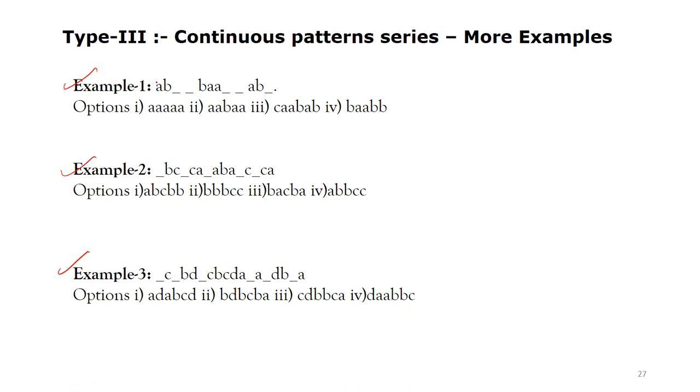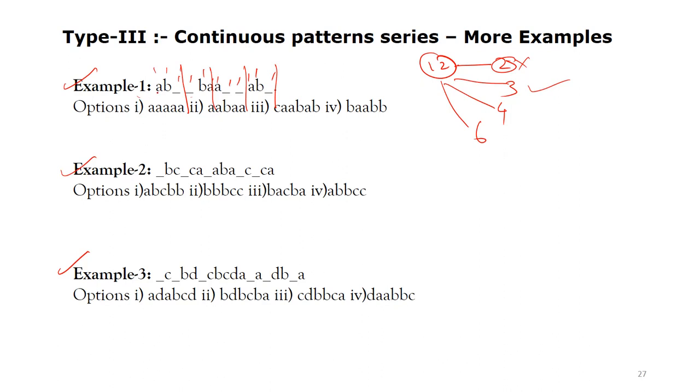Okay, so 1, 2, 3, 4, 5, 6, 7, 8, 9, 10, 11, 12. So 12 terms. So I can make it as 2 each, 3, 4 or 6. If you see there are 2 continuous gaps, so I can't go with 2. Try to go with 3. 1, 2, 3, 1, 2, 3, 1, 2, 3, 1, 2, 3.